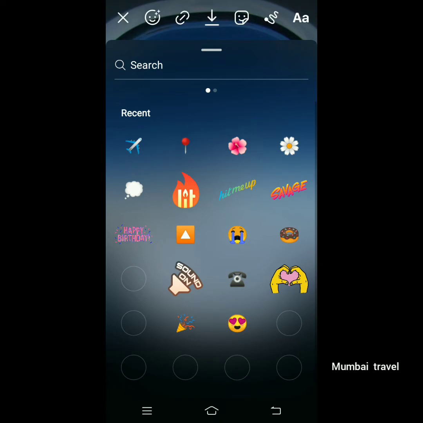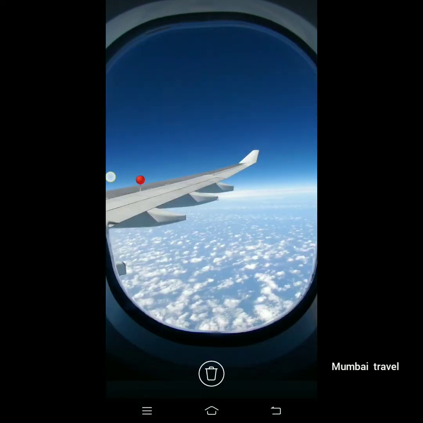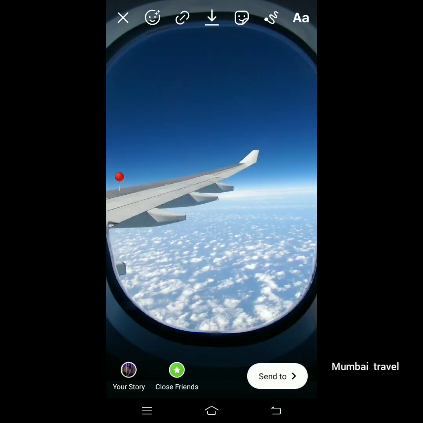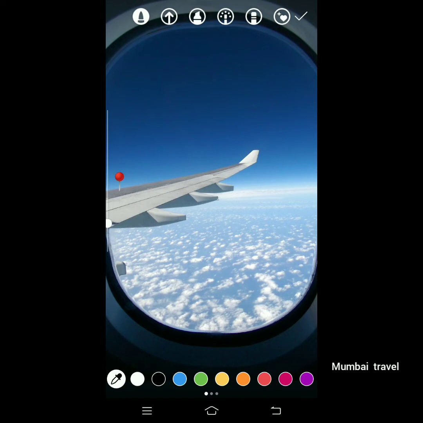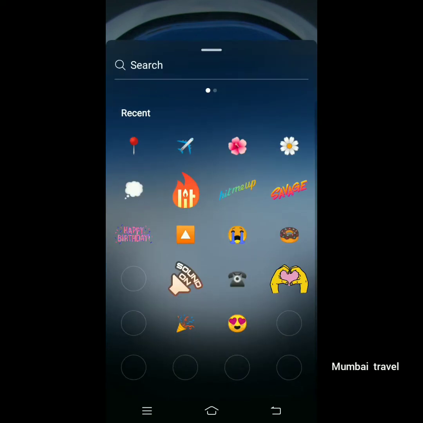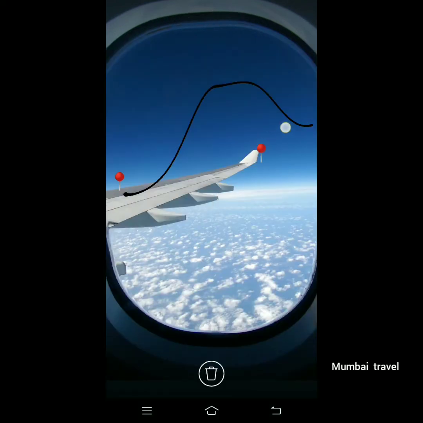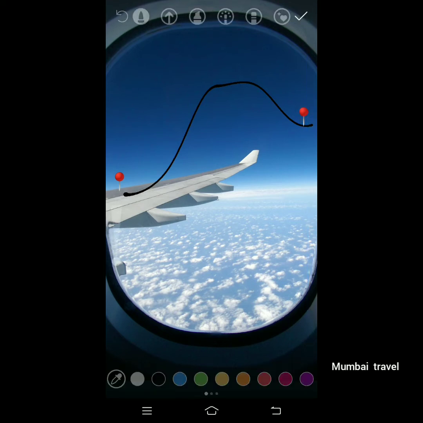So next is words break. Are you one of those who are traveling and you do not just want to post a snap story or an Insta story with just clouds around? You can have some fun with your picture. Make a zigzag line. Make sure it is not a perfect one. Obviously we do not want perfection in this. Have two pin locations, one at the start, one at the end, and start playing with the lines and the stickers around.